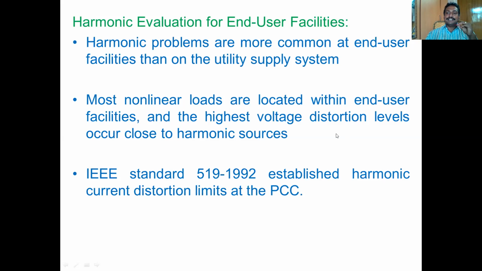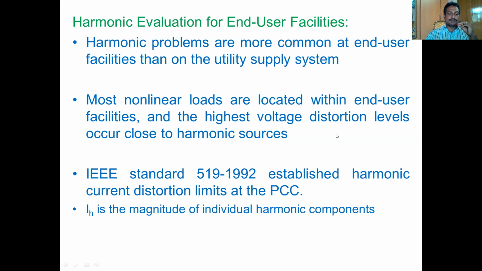So remember, at the PCC, if you control the harmonics, then harmonic currents are not injected into the system. Otherwise, if you do not limit the harmonic currents at the PCC, point of common coupling, then these end users are the sources that generate the harmonics. Those are induced into the point of common coupling. Then those harmonics will be pumped or distributed into the transformer, and the transformer also will be destroyed. So this is very important.